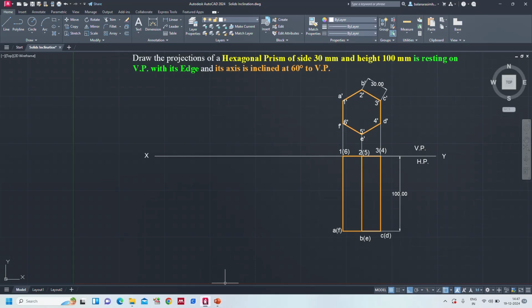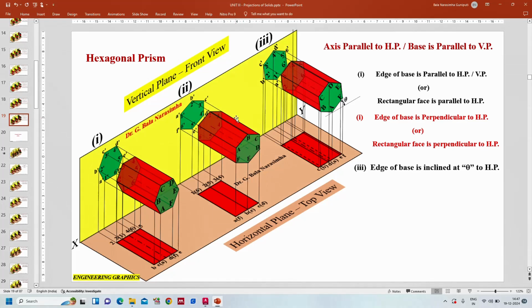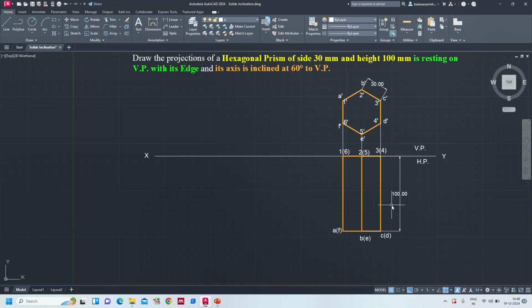You know that whenever this prism is tilted towards this direction with this resting edge, there will be no change in the top view. Just this top view makes a tilt at an angle of 60 degrees to VP. So there is no change in the top view dimensions. Just this one will tilt at an angle of 60 degrees. So that's why what I am going to do here is that I am going to select the complete top view,